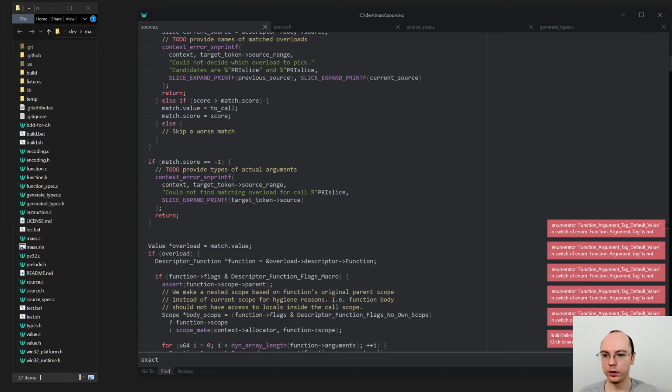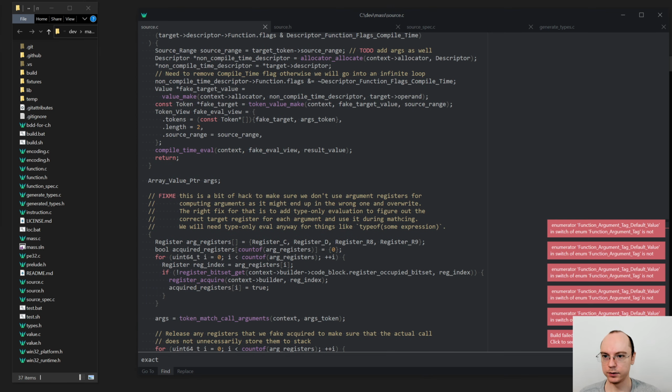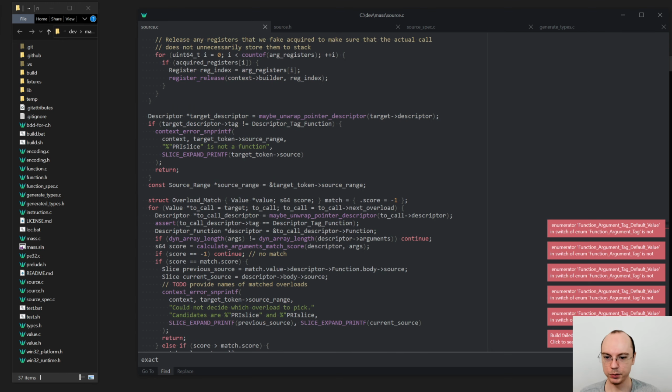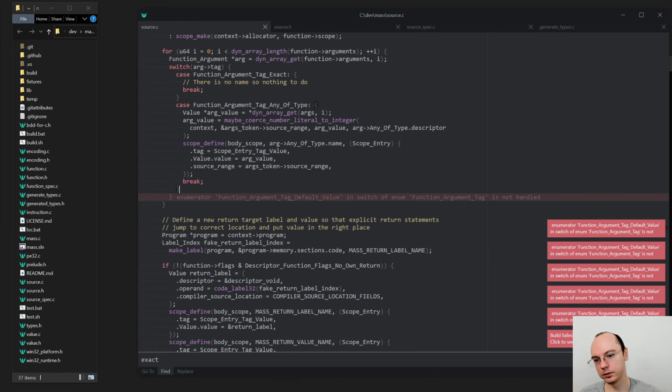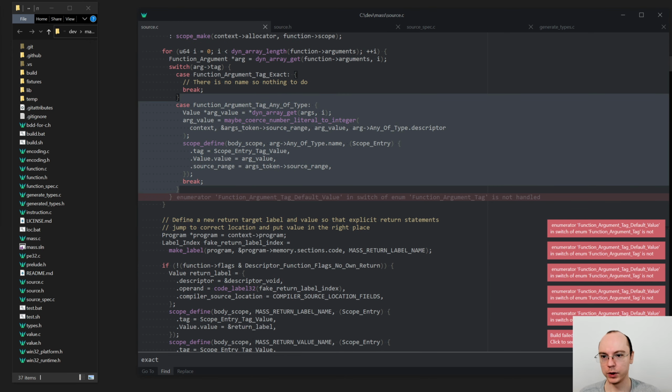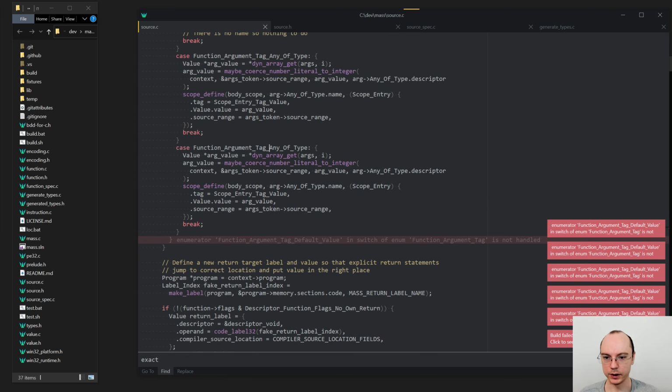Okay, where are we? What is this function? Oh, this is the most meaty one, which is a function call. I will probably leave it for the end, although, yeah, might as well. Try to handle this. Function argument default value. Okay. Right. So